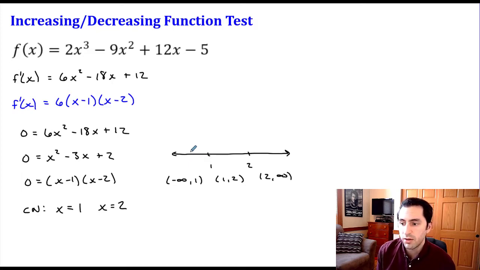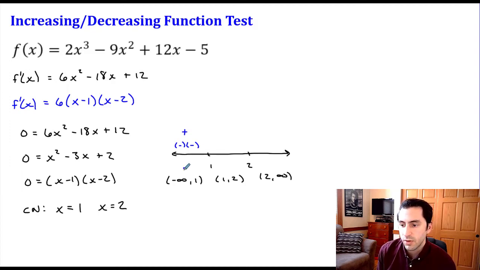So if I pick out a number smaller than 1 and plug it into these two sets of parentheses here, something smaller than 1 minus 1 is going to give me a negative number. And something smaller than 1 minus 2 is also a negative number. So negative times a negative, I end up with a positive. That means that all the tangent lines to the left of 1 have a positive slope,